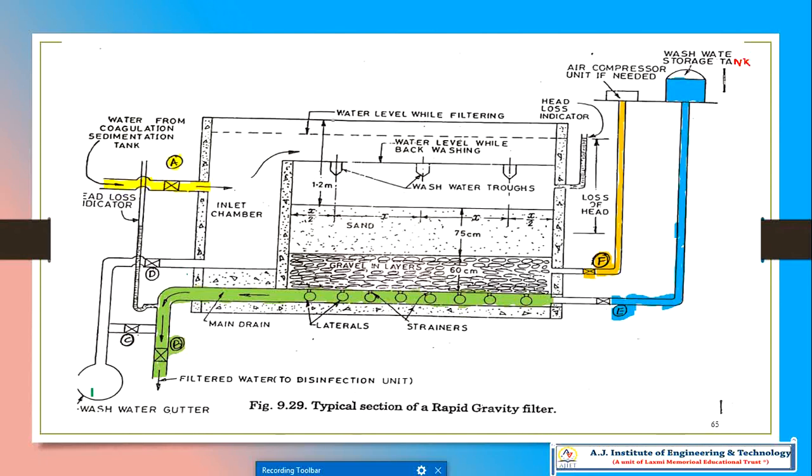This is different from this, this is wash water. So you can see it here. This is the wash water gutter.